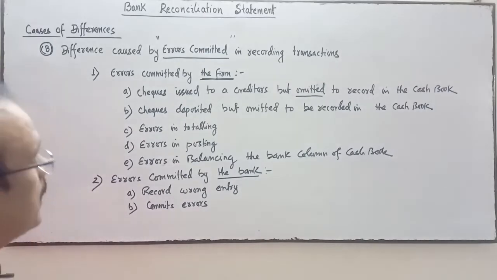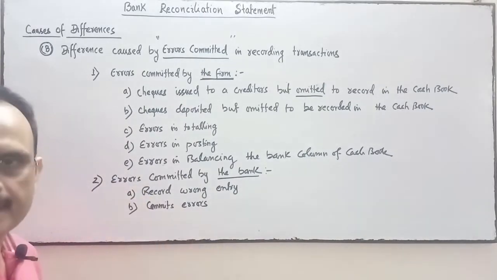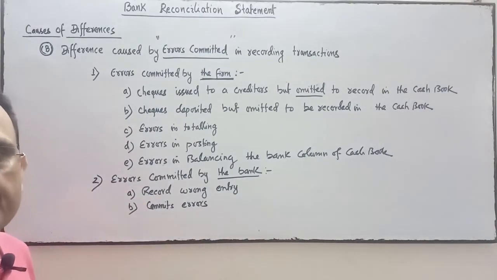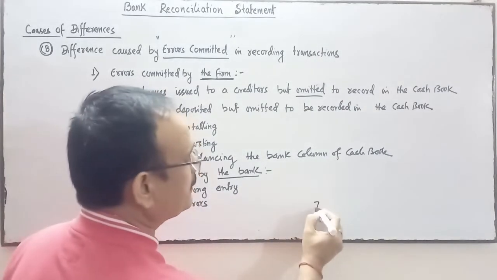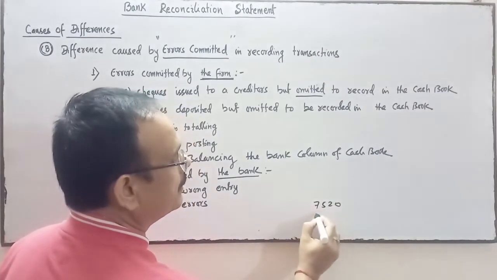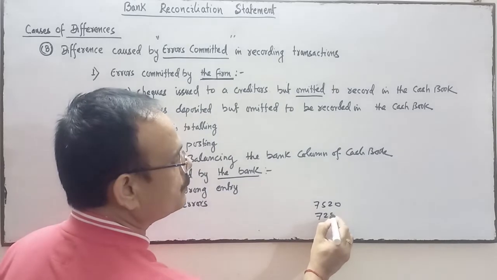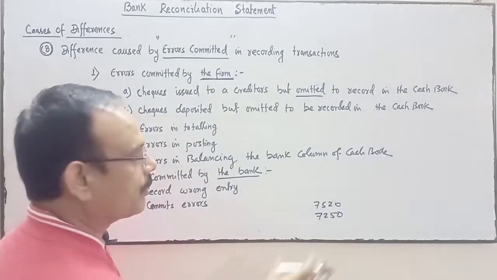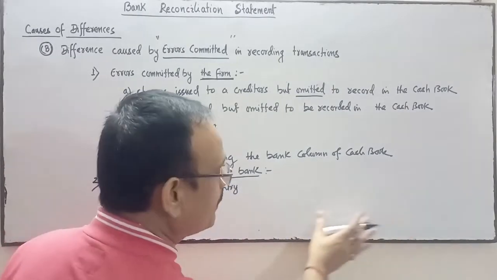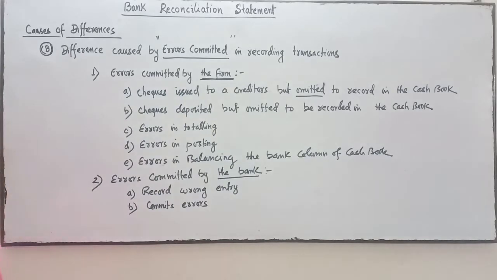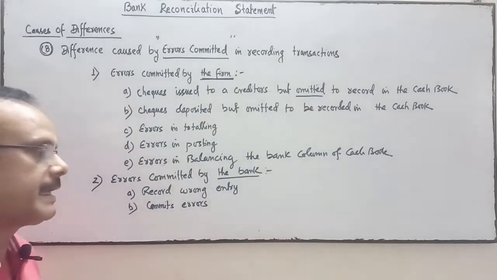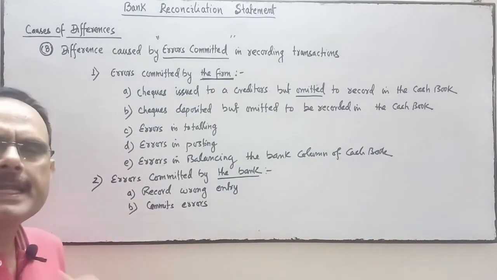So which type of error? Record wrong entry. Instead of, suppose, 7,520, the bank has recorded 7,250. A wrong entry is recorded by the bank in the passbook, in the customer's ledger, and committed any other sort of